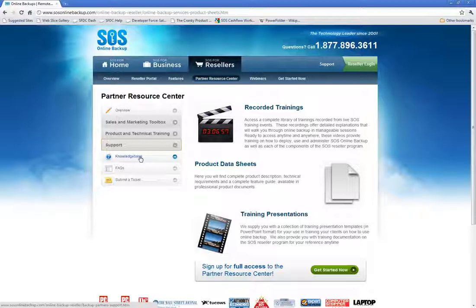Roger Gale says, can you explain more about billing support? Certainly, Roger. There's 3 ways that you can bill your customers, either through your existing billing mechanisms, and then you have a completely separate billing relationship with SOS. So you can bill your customers with an invoice or whatever your existing billing mechanism is, and SOS just slots in behind that. Alternatively, we can provide you with a shopping cart. So if you're not enabled to do e-commerce, we can give you a shopping cart so you can do e-commerce yourself. Thirdly,